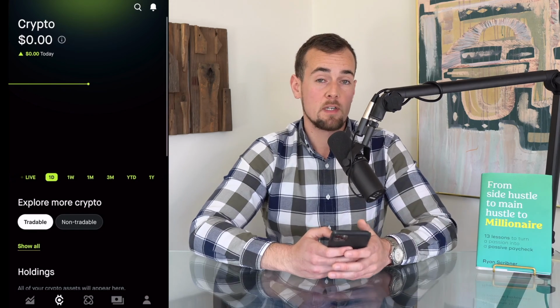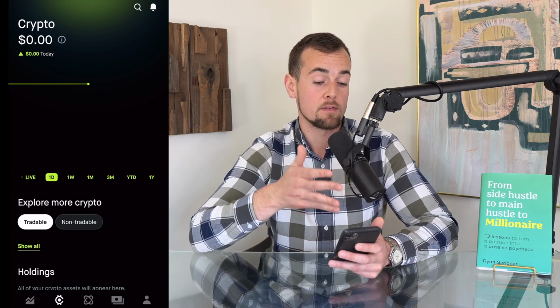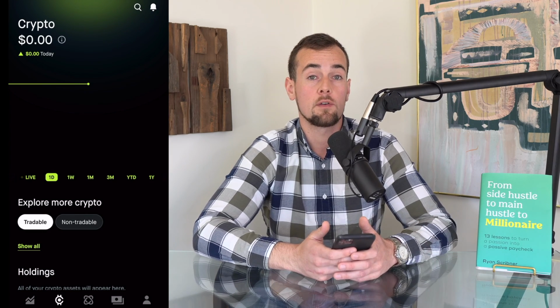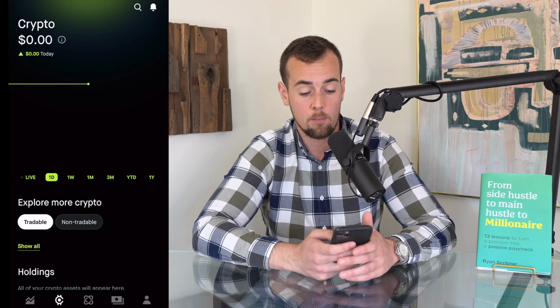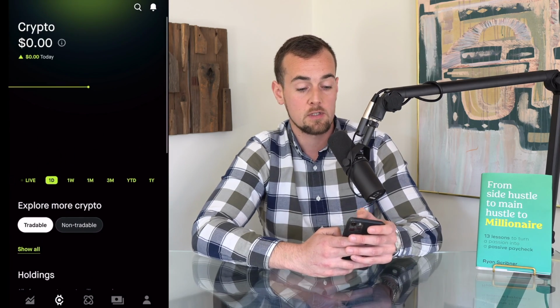What we're going to do now is explore the crypto section of the app, and as mentioned before, this is a separate legal entity that runs the Robinhood crypto section, and there will be a separate set of disclosures that you will have to go through if you want to do this yourself within the app. So what you're going to do here, if you're interested, is go to the search bar just like before, and